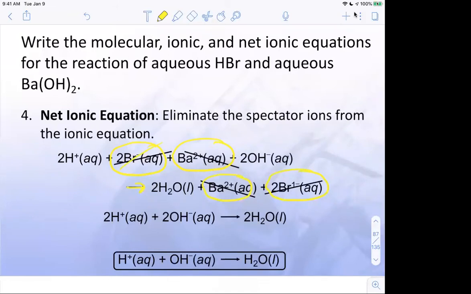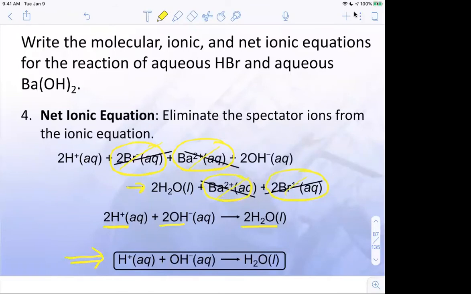So those are all going to cancel, and what I'm left with is actually 2H plus 2OH gives me 2 H2Os. Now, I have a 2 to 2 to 2 ratio. So if I divide everything by 2, because I always want to have my balanced chemical equation as the lowest whole number ratio, I'm going to get this